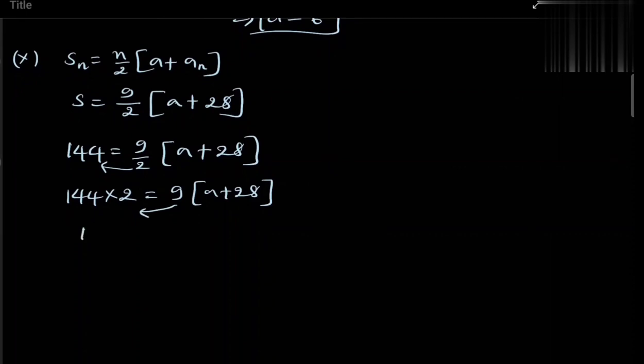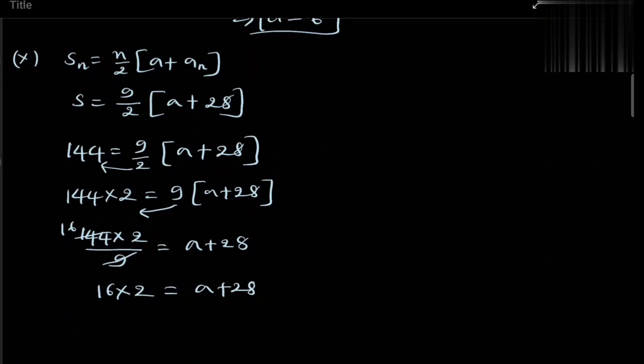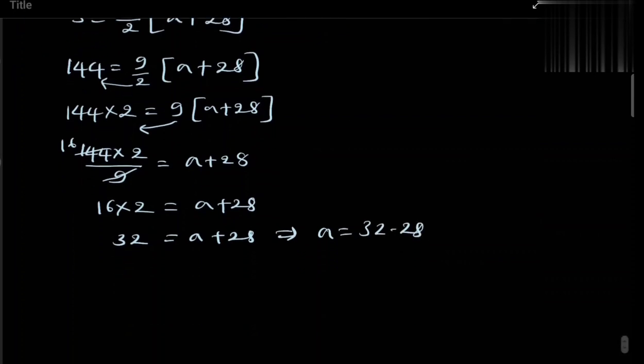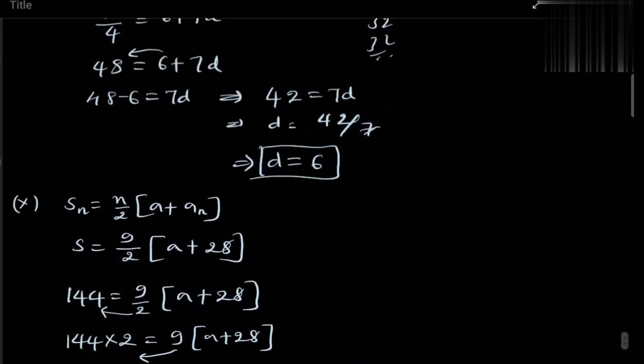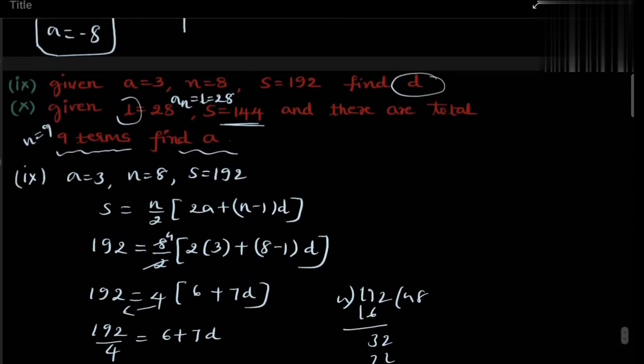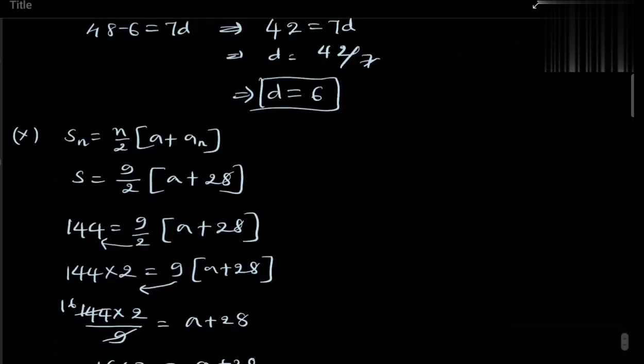So move 9 to this side. It will become 144 into 2 divided by 9 is equal to a plus 28. So divide, 9 16s are 144. So here remaining 16 into 2 is equal to a plus 28. 16 into 2 means 32. So 32 is equal to a plus 28. That implies a is equal to 32 minus 28. So 32 minus 28 will become a is equal to 4. So therefore the first term for this AP is 4. So for this question a is equal to 4. In the next class we move